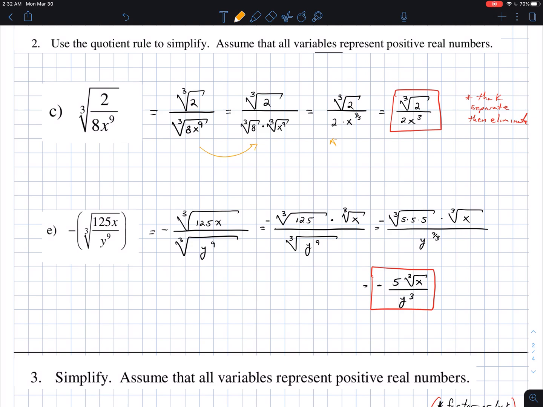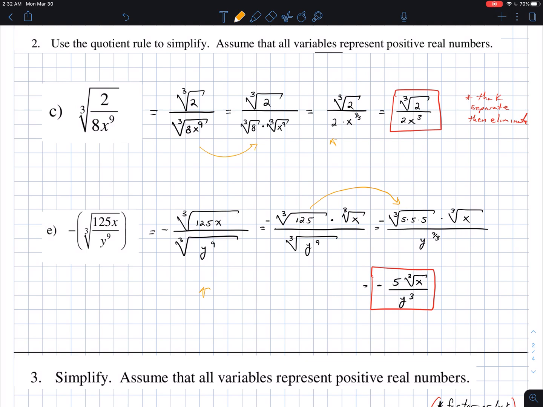So e, negative cubed root of 125x over y to the 9th. So again, I used the quotient rule, and I broke the numerator and denominator into their pieces. So in the first part, I simply did what? I took the cubed root of 125x, and I took the cubed root of y to the 9th, numerator and denominator. Then I decided to separate them out because I know the cubed root of 125 is 5, and you can see the justification over here that when I multiply 3 5s together, I do get